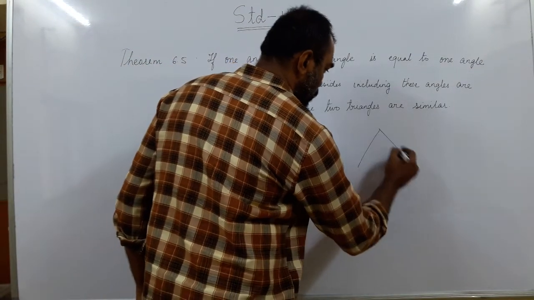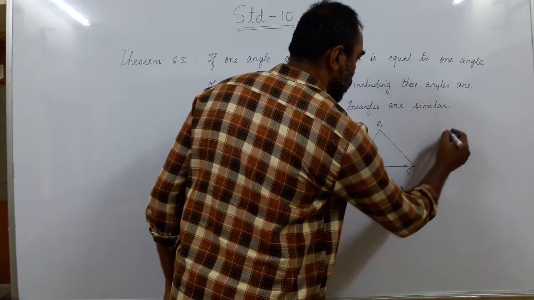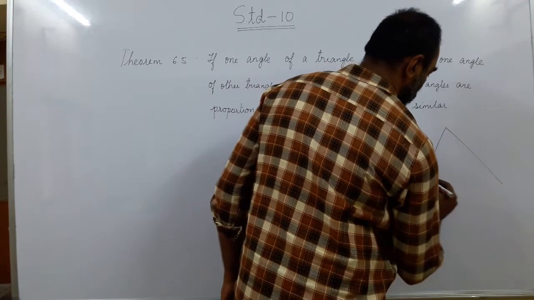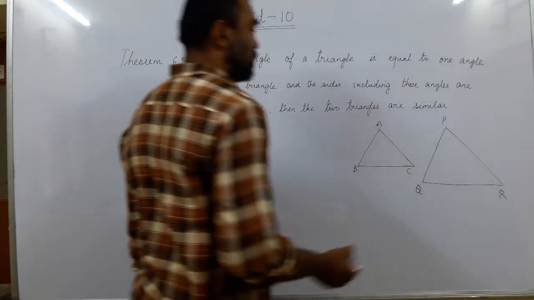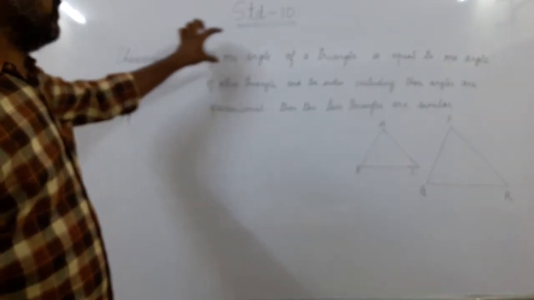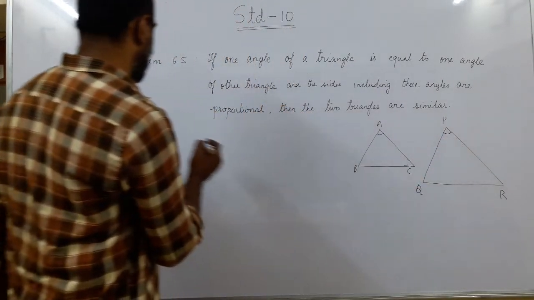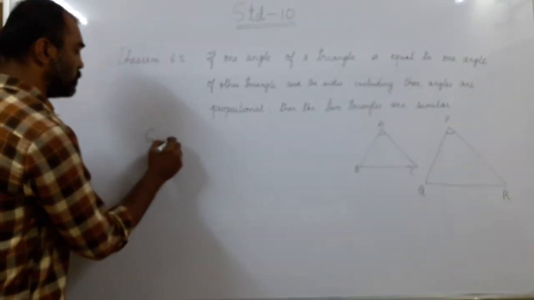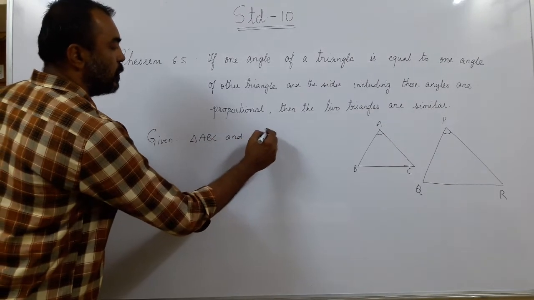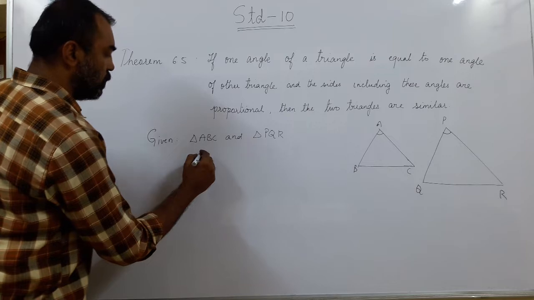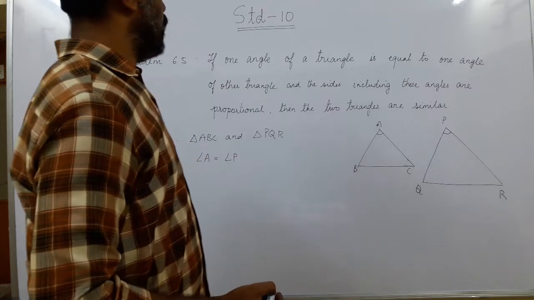We are given angle ABC and angle PQR. This is given, okay? But what is given here? If one angle of one triangle means one angle of one triangle. So let me write what is given. The given part is triangle ABC and triangle PQR. Two triangles are given. One angle of one triangle is equal to one angle of another triangle, and the sides